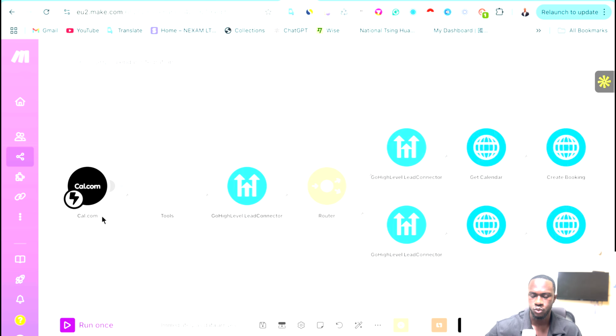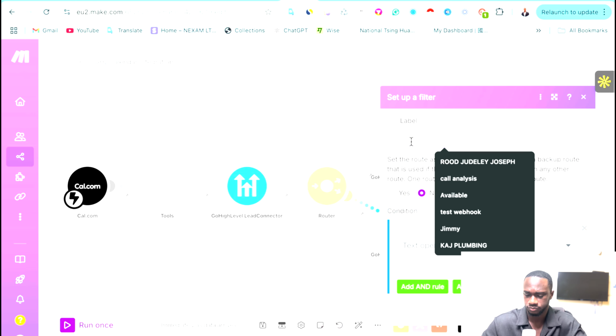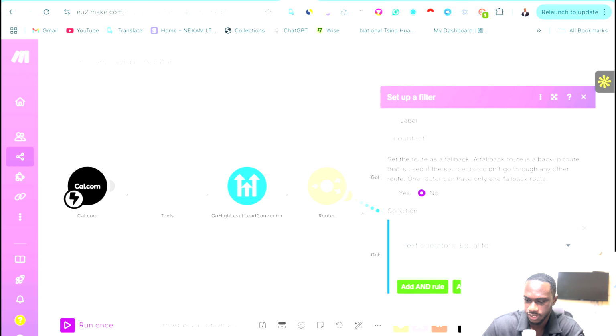So anytime we make a booking in our Retell AI assistant, we're going to get that booking from call.com and we're going to search the contact. If the contact is found, oh, let me set the router first. I forgot to set the router. So here we're going to have, let me call this contact found. So if the contact is found,